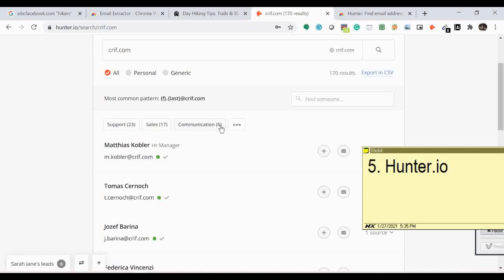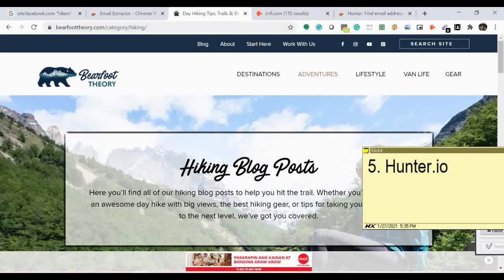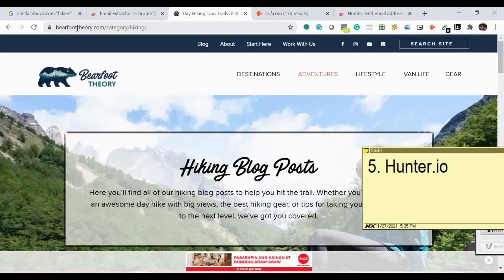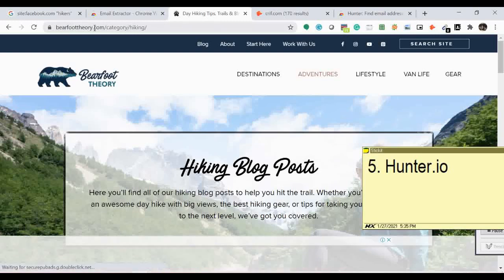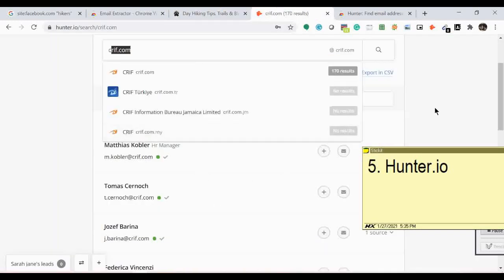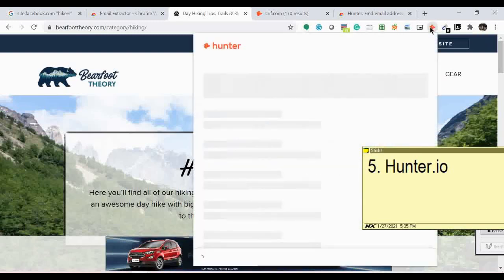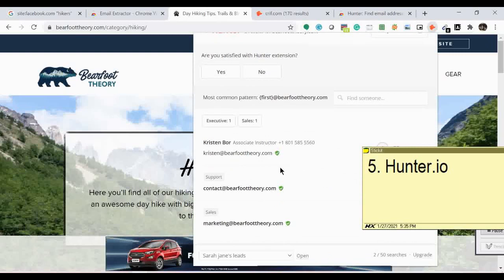One of the ways to use this Hunter.io tool is that if you visit a website, like for example this website, and you want the email addresses of the people associated to it, you don't have to go to the Hunter.io website to search for barefoottheory.com. I can just visit the site and click on the extension I have here. If I click that, I should get the email addresses of the people that have an extension of